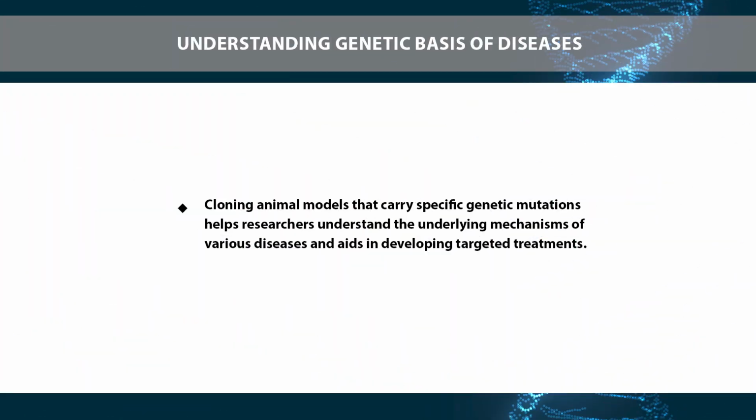Last application is understanding genetic basis of diseases. Cloning animal models that carry specific genetic mutations helps researchers understand the underlying mechanisms of various diseases and aids in developing targeted treatments. It is essential to note that cloning technology raises ethical and moral concerns, particularly when applied to